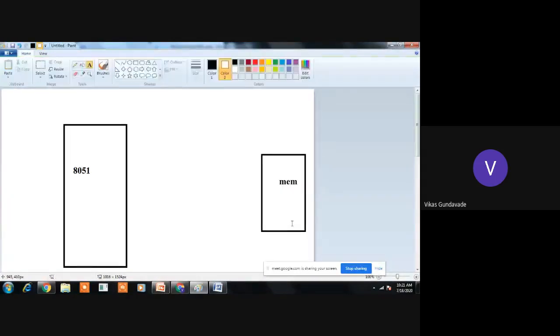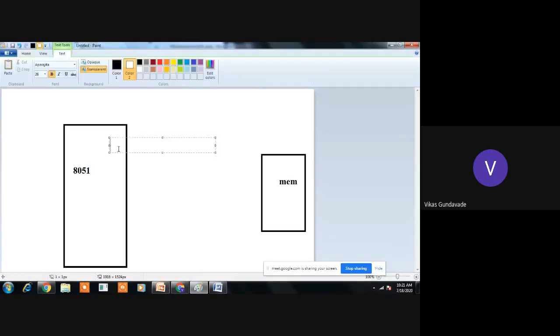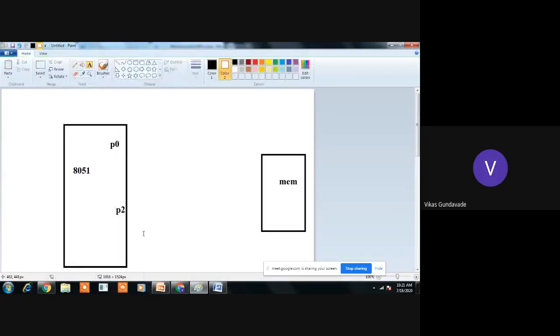Let's say it is 1K by 8 or whatever it may be, or we can even interface 64K by 8. Now, to interface this microcontroller to the memory, here we have port 0 and port 2. Port 2 holds the higher order address and port 0 holds the lower order address.